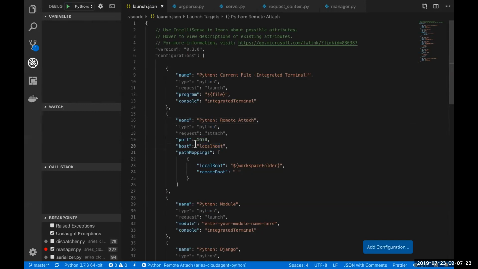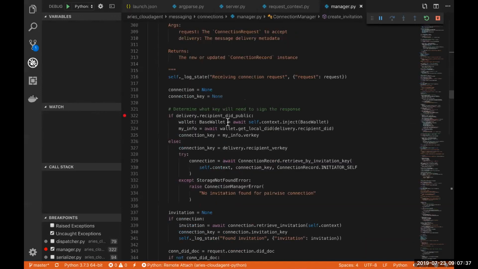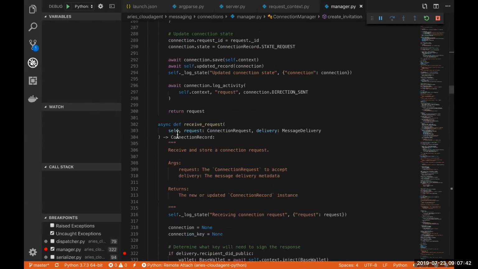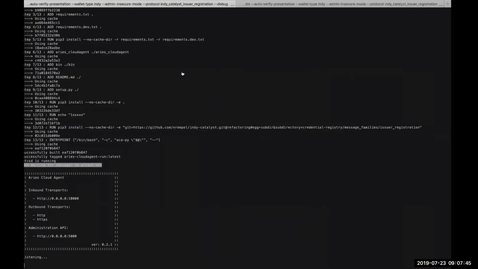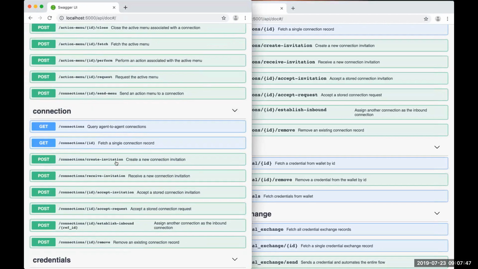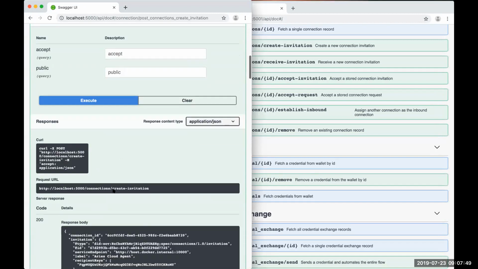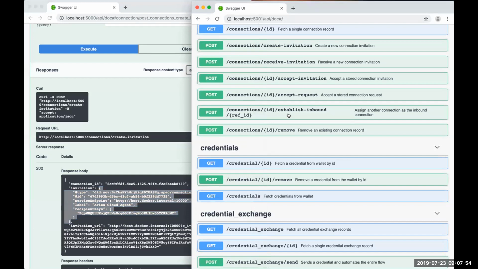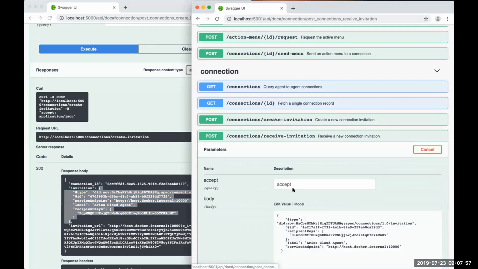We have the port punched through, so you can just reference localhost here. And if you just hit go, now it's connected. You can see that this is what it looks like in Visual Studio Code. For example, I have a breakpoint in the connection manager at receive request. So I've got two agents running. If I create an invitation on the first agent and receive that same invitation on the second agent,